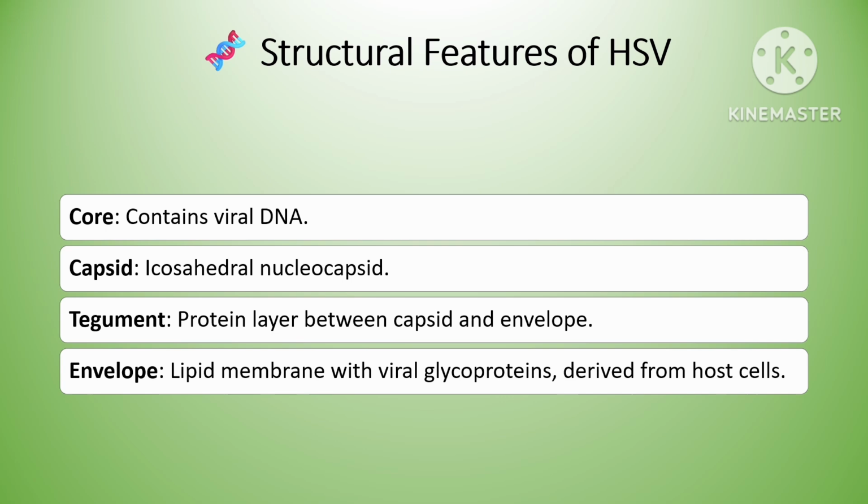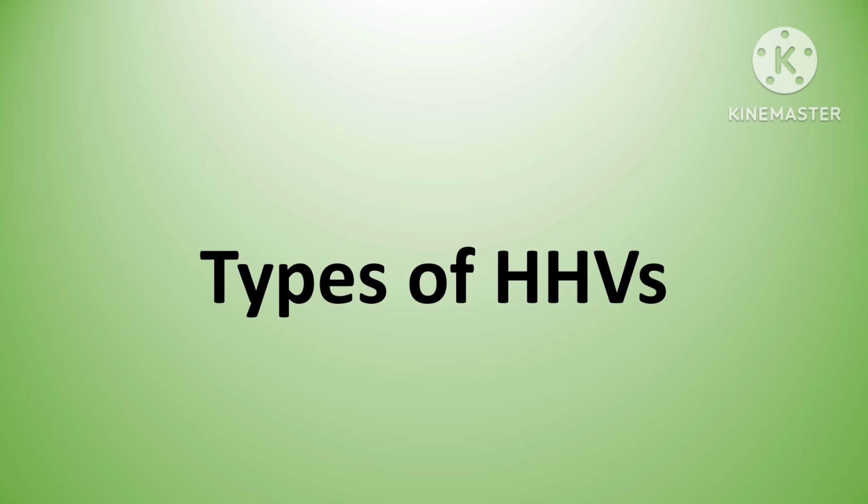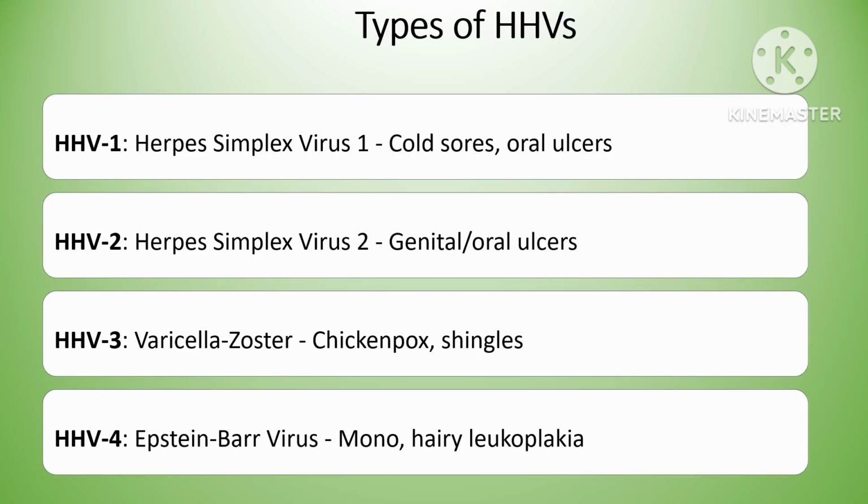To remember all four layers quickly and easily, just think of a phrase: don't come too early. D stands for the DNA, C stands for the capsid, T stands for the tegument, and E stands for the envelope. The Herpesviridae family includes 8 types of herpes viruses that infect humans, each designated as a human herpes virus